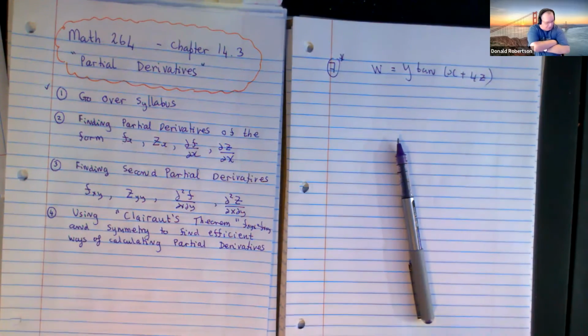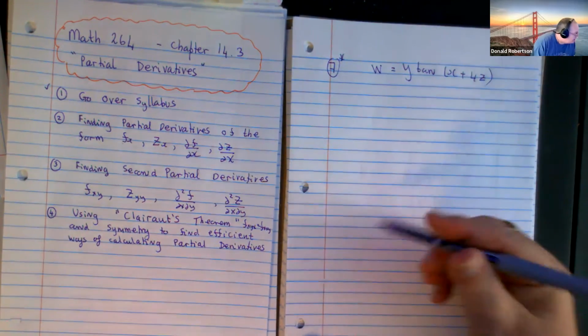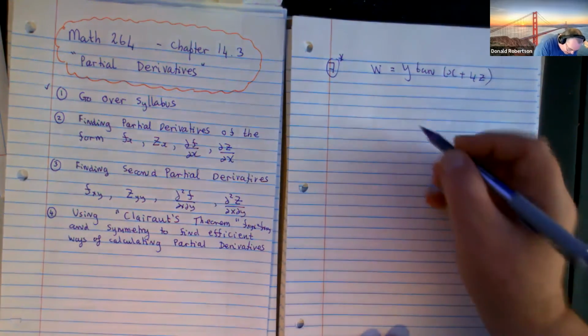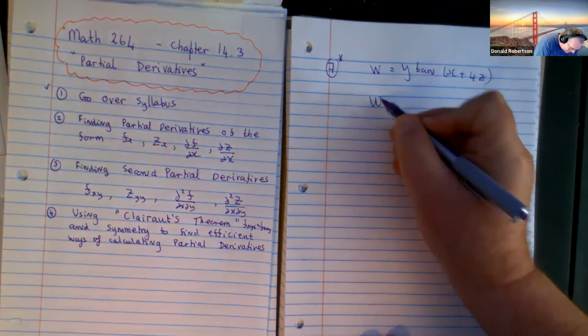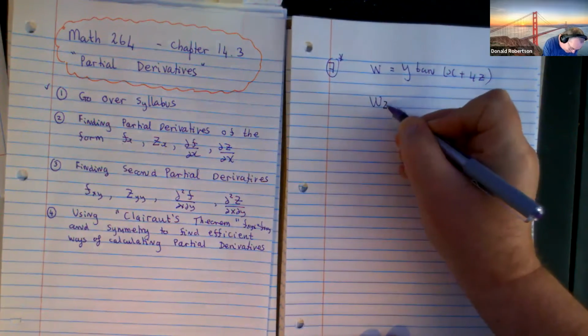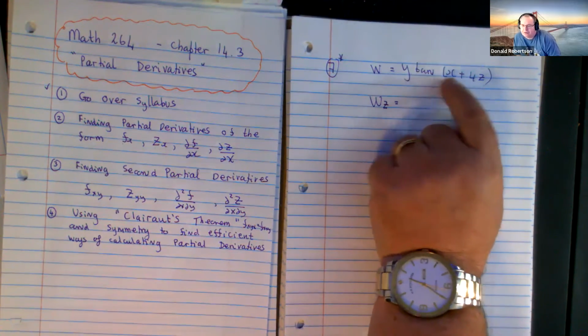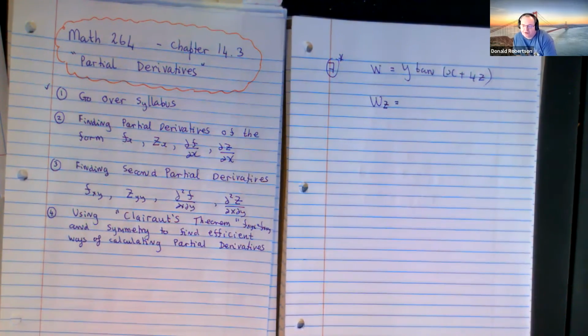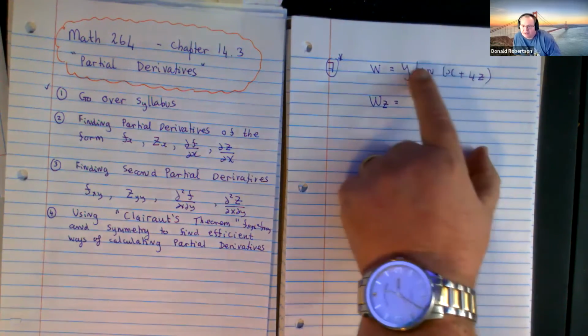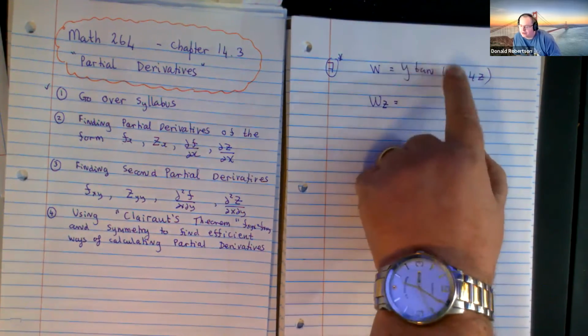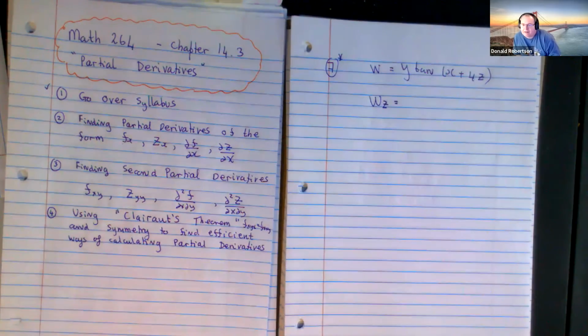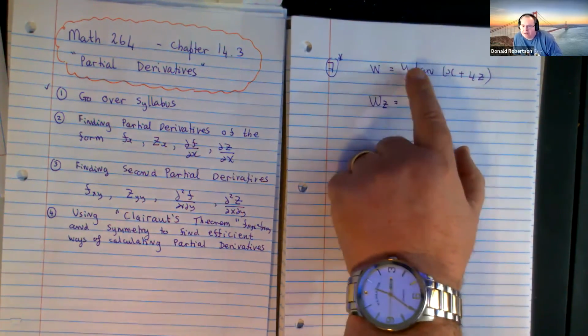You've been asked to find all 3 partial derivatives, but I'm just going to pick one of them. Let's find the partial derivative with respect to z. So I have got y tangent of this. And since I'm only interested in the partial derivative with respect to z, isn't y and x just numbers right now? So if you want to differentiate y tan of something,